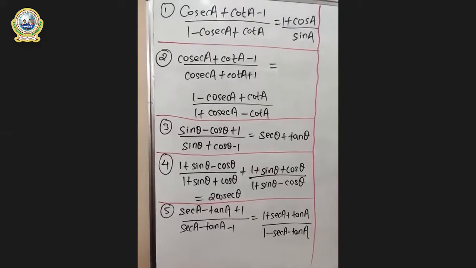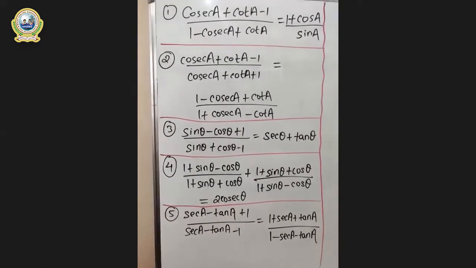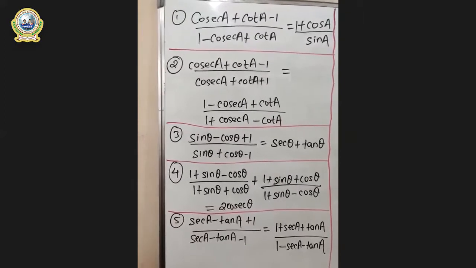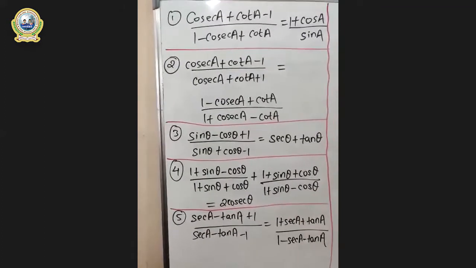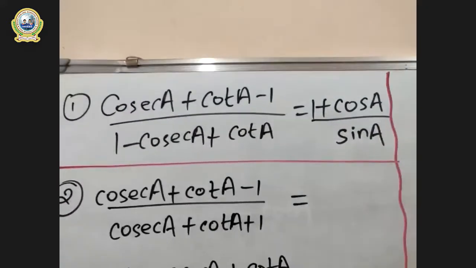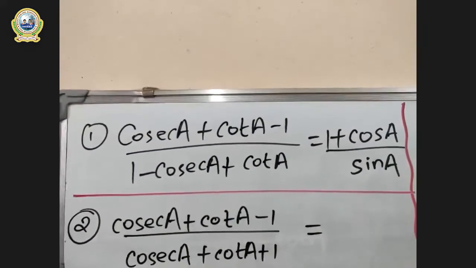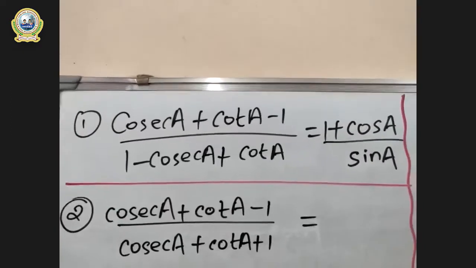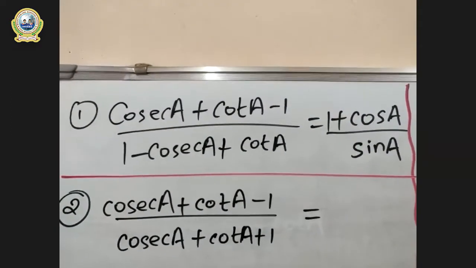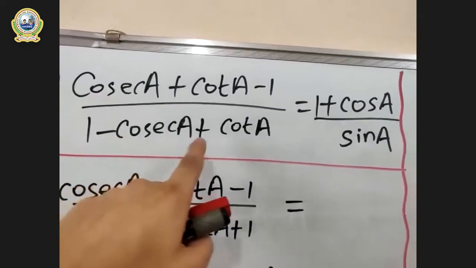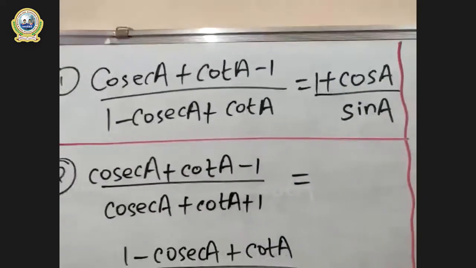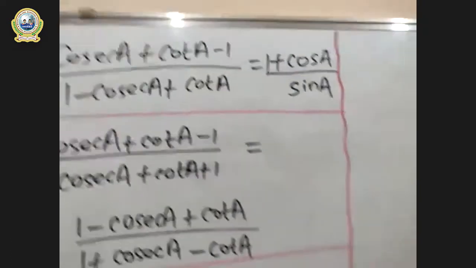In the last class, in the previous lecture, I had solved a single question of our magic of one format, right? You remember it, right? So today we are going to solve 4-5 questions related to that format, okay? First of all, copy this one. This question is nearly the same as the previous lecture. Question number 1: cosec A plus cot A minus 1 in the numerator, and in the denominator 1 minus cosec A plus cot A, and that is our RHS. Is this clear? Before beginning this type of format, let me give you a trick first.